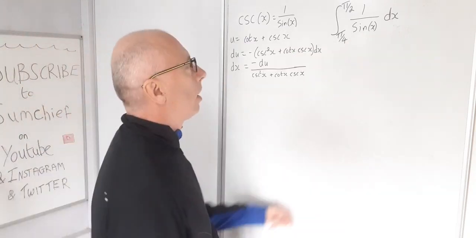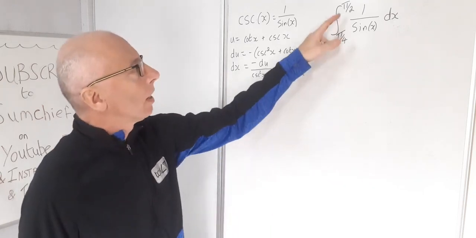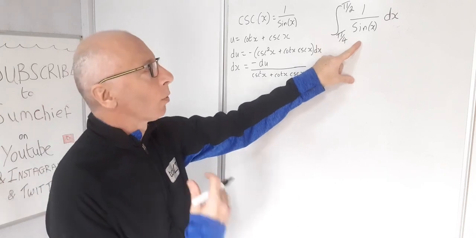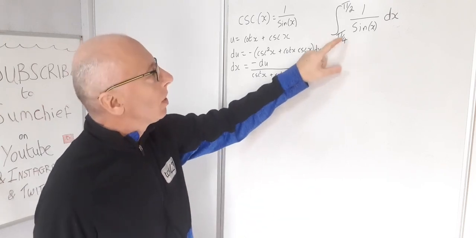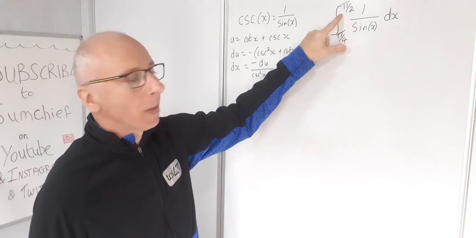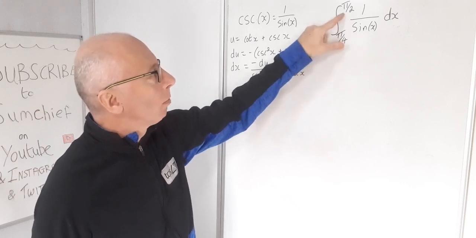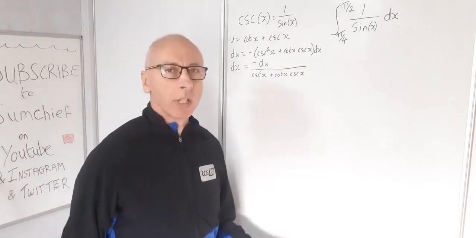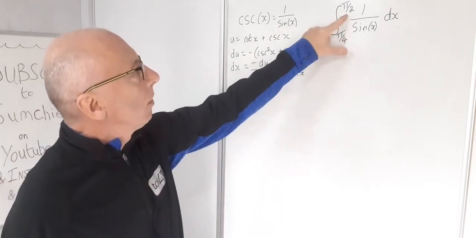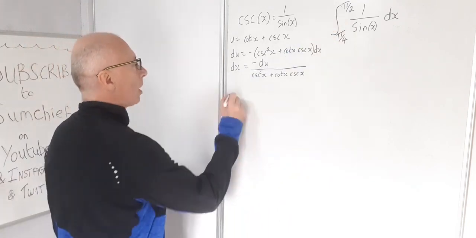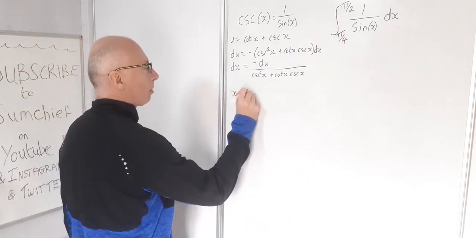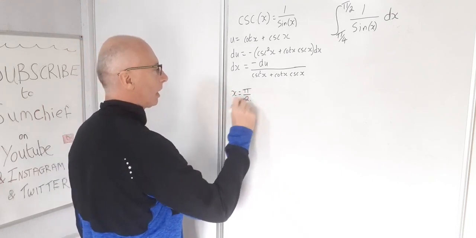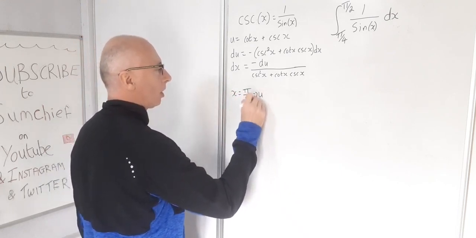Okay, next thing I'm going to do is change our parameters. Doing the u sub you don't have to, because you can always plug back in, but with this integral, with these numbers, I think I'm going to go straight into the u world with my parameters of integration, and that way then I'm straight ready for my answer when I get my integral. So let's have a look at the pi over 2. So if x equals pi over 2, we need to find what our u is. So our u will equal